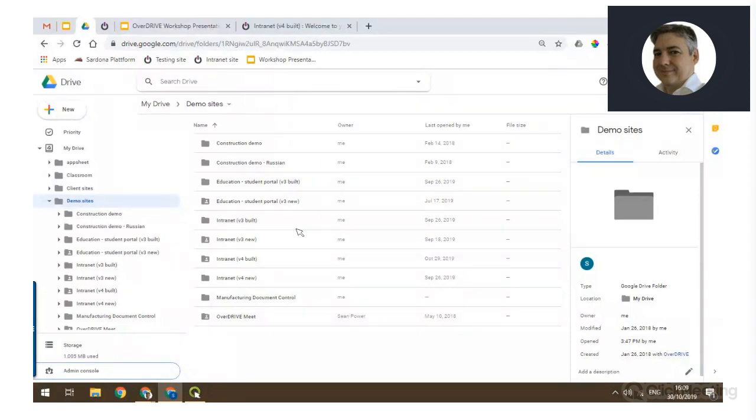When I'm creating an Overdrive site, I can do it in one of two ways. One is I've got my Drive folder structure already sorted out, and I'm just creating a site around that data. Or I can start from scratch and say I don't really know what content I want, so just give me a blank site and I'll build it on the fly. We'll show the first option of that, and here we have this